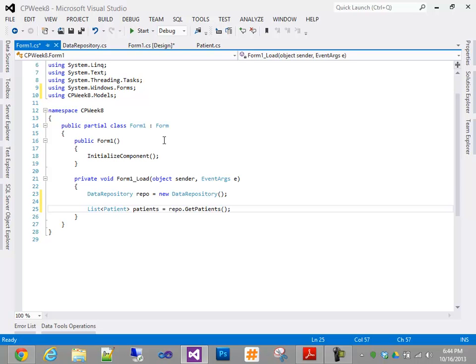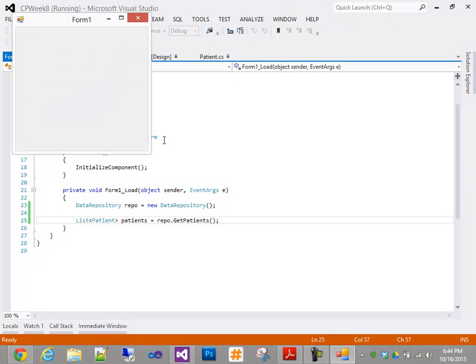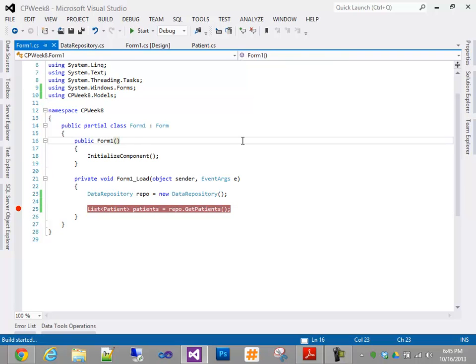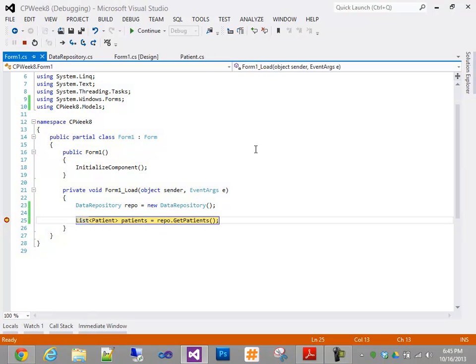Everything we've done up to this point is true and it's solid, and before we get too far ahead of ourselves. F6, compile, build success, F5, run, and it works. It works because the moment that form loads onto the page, those two lines run. I'll prove it to you. F5. So this line is about to execute before the form actually appears on the screen. If we step into it,